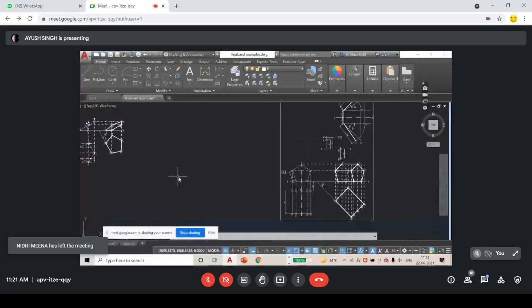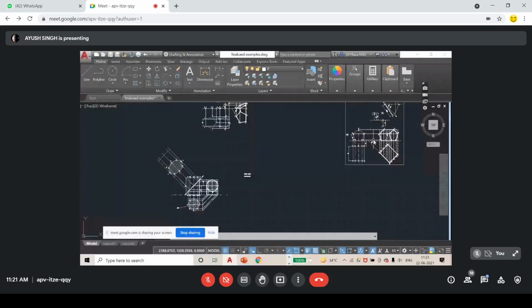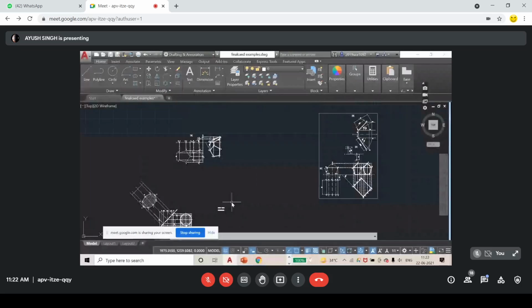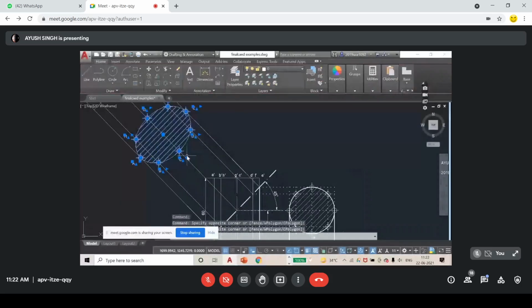And next, this is a very large question. If this comes, then this doesn't usually come. If section comes, then usually solids or plane don't come. Okay. So out of these three, you have to take one. I will take this section one. I think it is looking good. I just select these and move it a bit closer.